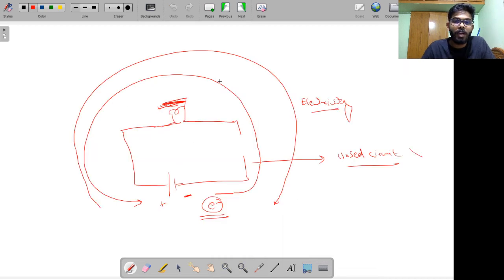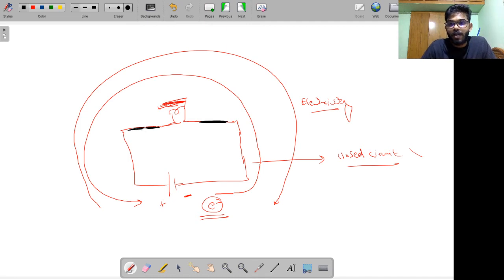Okay, what am I trying to tell you? Remember, I told you this is an electric circuit. Okay, what am I doing? Let me take a different color. Just over here, let me say I am putting a fuse. Right? I am putting a fuse. Alright, or maybe over here I am putting a fuse.